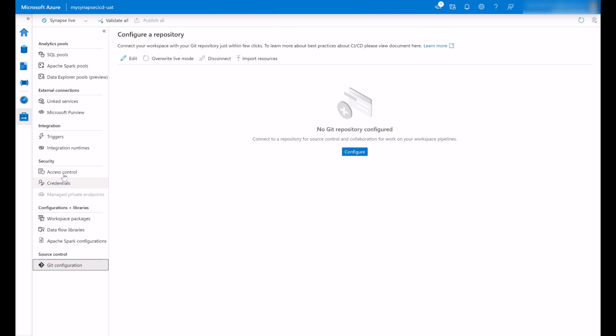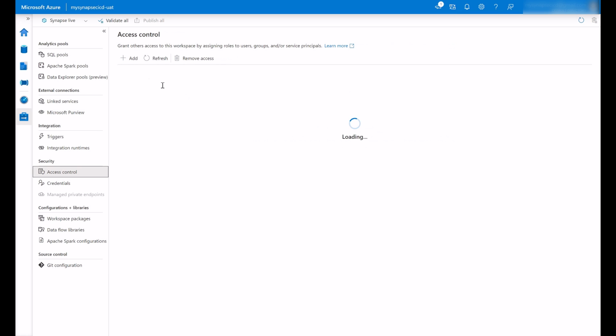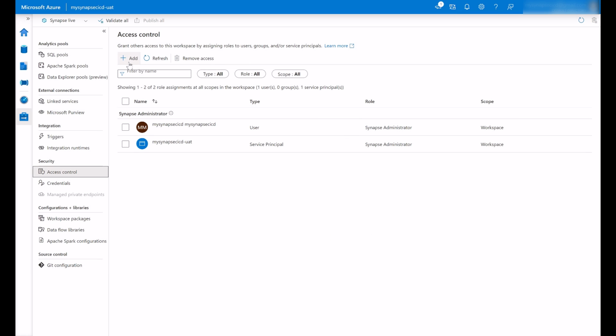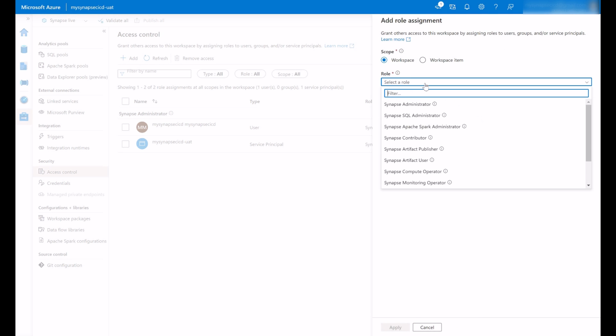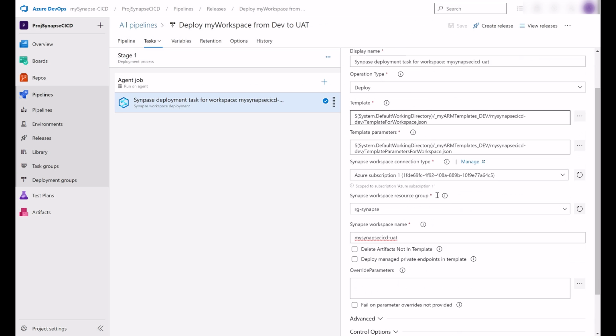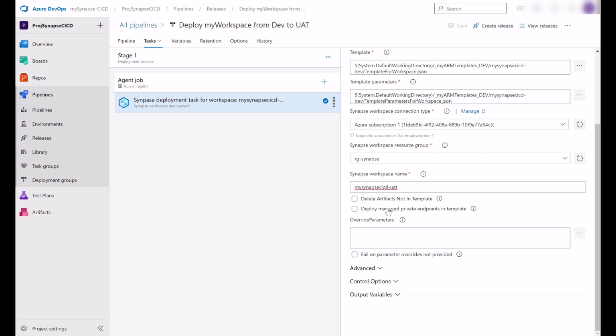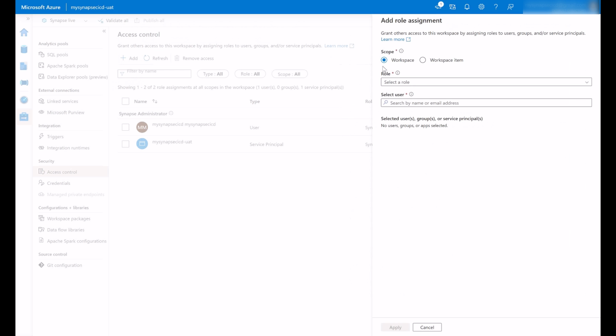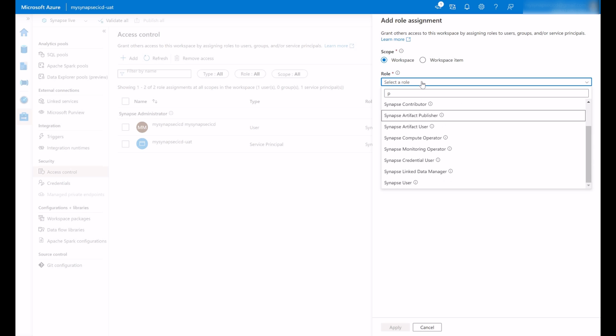So I need to make sure that this service principal is granted, and I'm going to grant the Synapse Artifact Publisher because I'm not using this option here, deploy manage private endpoints. You will see in a future session when you want to deploy your managed private endpoints from your template, it means that your source workspace is a managed VNet workspace. The Synapse RBAC that you need is the Synapse Administrator. The Synapse Artifact Publisher is not sufficient. Here,